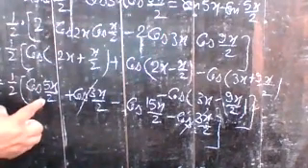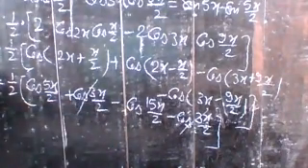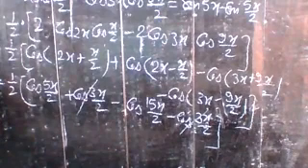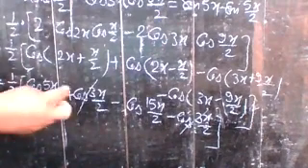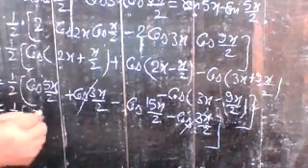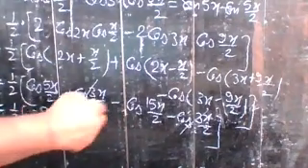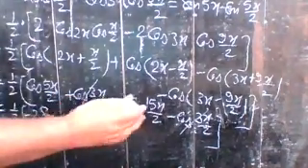So apply the identity of cos x minus cos y. And cos x minus cos y is what? Minus 2 sine (x plus y) by 2 sine (x minus y) by 2. So applying it, 1 by 2 into 2, so right here minus 2 sine (x plus y) by 2.